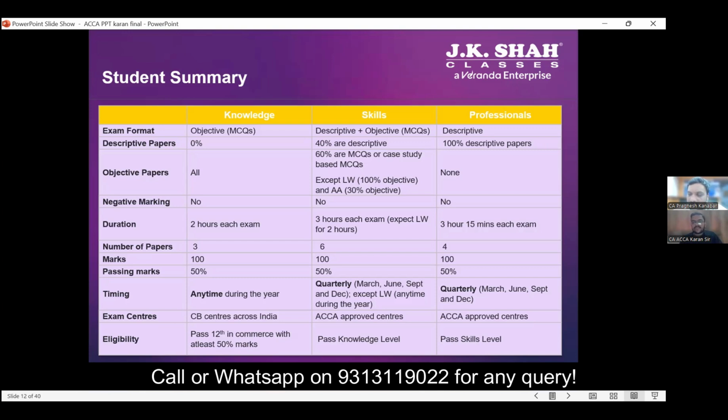Yes. Flexibility is available for all knowledge, skill, and professional levels. All levels we will discuss later. This is purely a webinar intended only for the professional level, because we are assuming that you have cleared chartered accountancy. If you want knowledge on the other 2 levels also, you can text us separately. We will guide you. Yes. Got it. Next, sir.